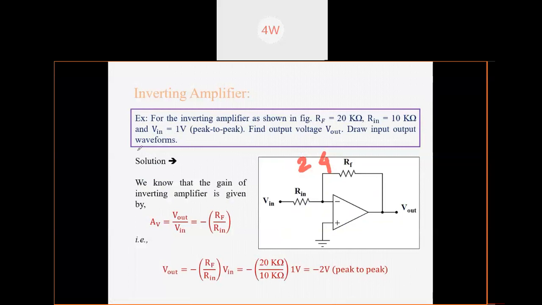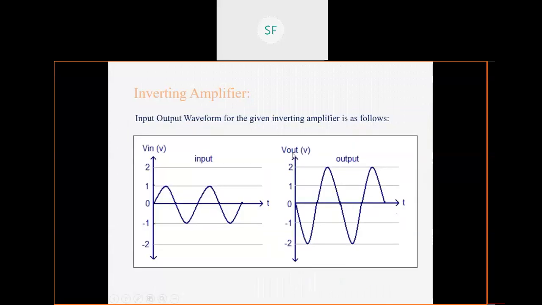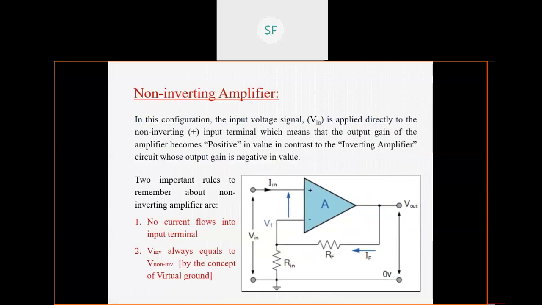So what happens, due to this 2 volt, here it will become 2 volt and your V out will become 4 volt. So this mistake happened from my side. Actually I have taken the problem from another source and these waveforms from another source, so that's why it happened. Don't worry, I will make the corrections and forward to you. The forwarded PPT will be correct. All right.